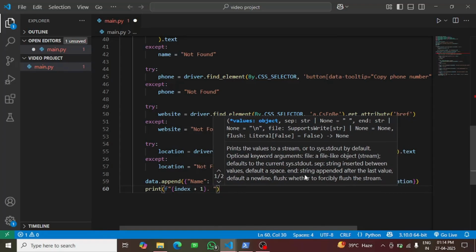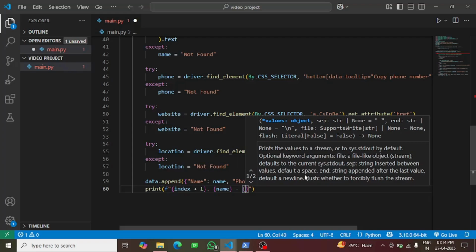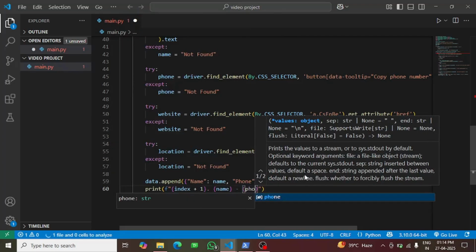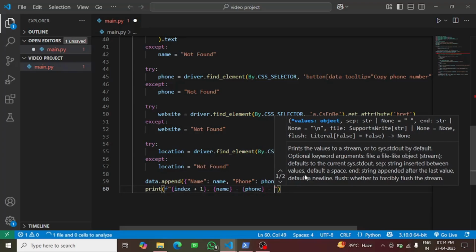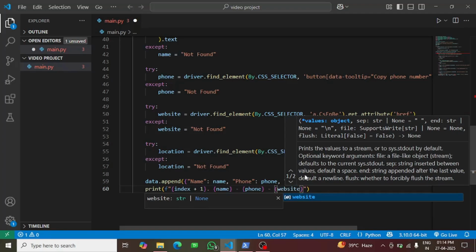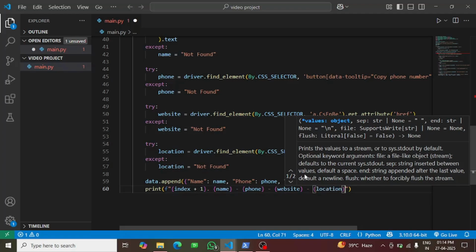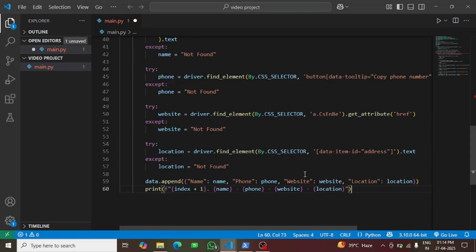This name should be in the curly bracket, then phone number, then website, and lastly location. Okay, so it will save the extracted data and store all the information from the restaurants and cafes, and then I'll write the code